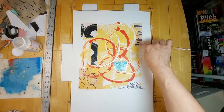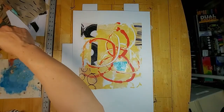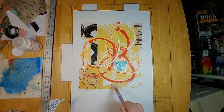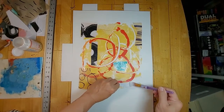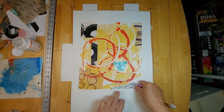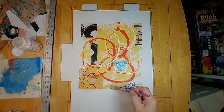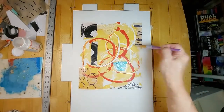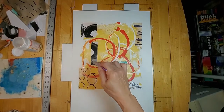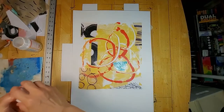And again, I'm always fond of these striped elements. It's a recurring motif in a lot of my work. And this completes the picture. So from what in the beginning looked like a practice piece, now is more like a final piece,